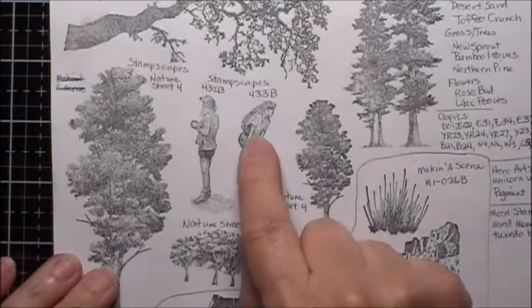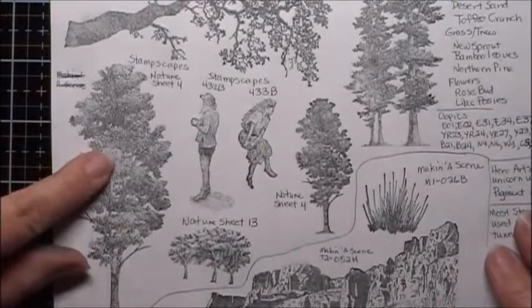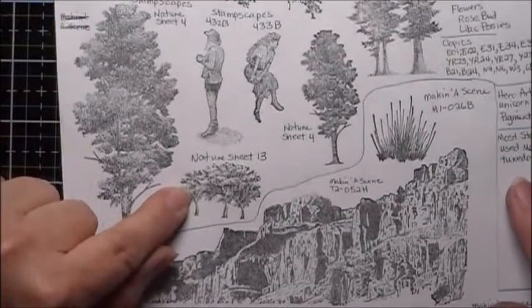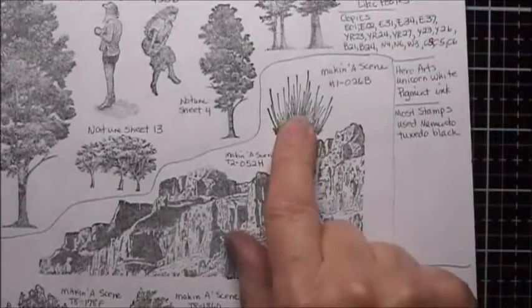This one is Stampscapes 433B, 432B, and this one is from the Stampscapes Nature Sheet 4. And this little set of trees is from the Nature Sheet 13. And then for making a scene, these little grasses here are